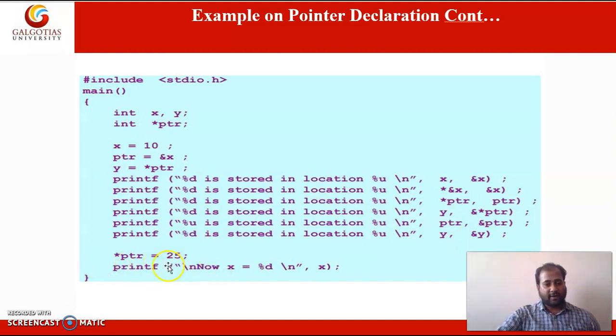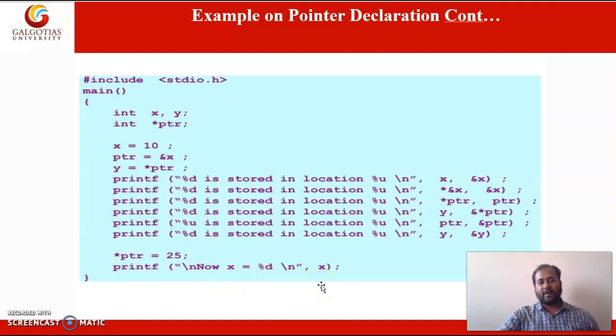So in the next statement what we are doing, we are reinitializing the value at ptr to 25. Okay, so what does it mean? In the next statement what value of x will be printed?